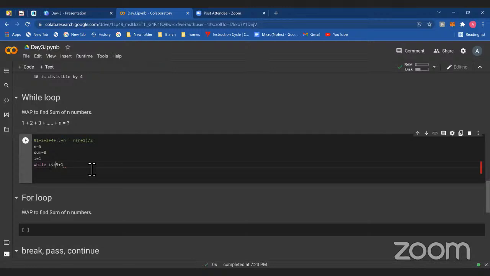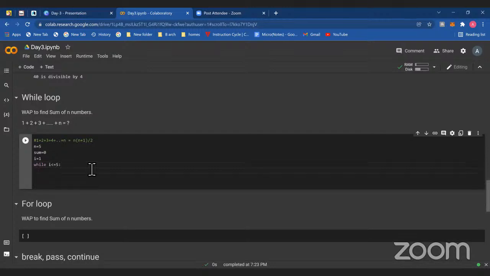Okay, so I am using i is less than equal to 5. Please note colon देना मत भूलना, and after colon indentation बिल्कुल भी मत भूलना. So do it side by side, कोई गलती नहीं होनी चाहिए।